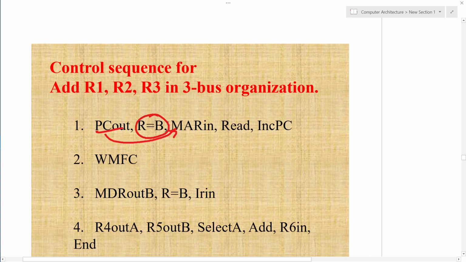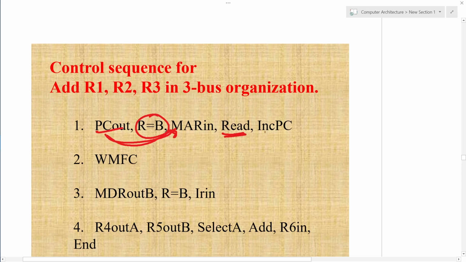You have to mention R equals A, meaning this takes place with the help of bus A, or this takes place with the help of bus B. In this example, it is assumed that bus B is used to transfer the content of the PC to MAR, so that MAR will identify the memory location where the instruction is available and the operation to be done is a read.